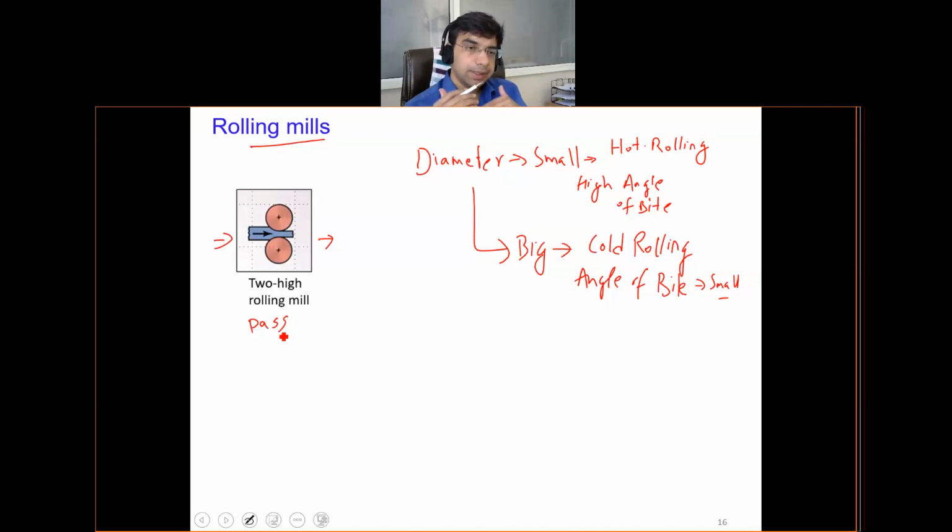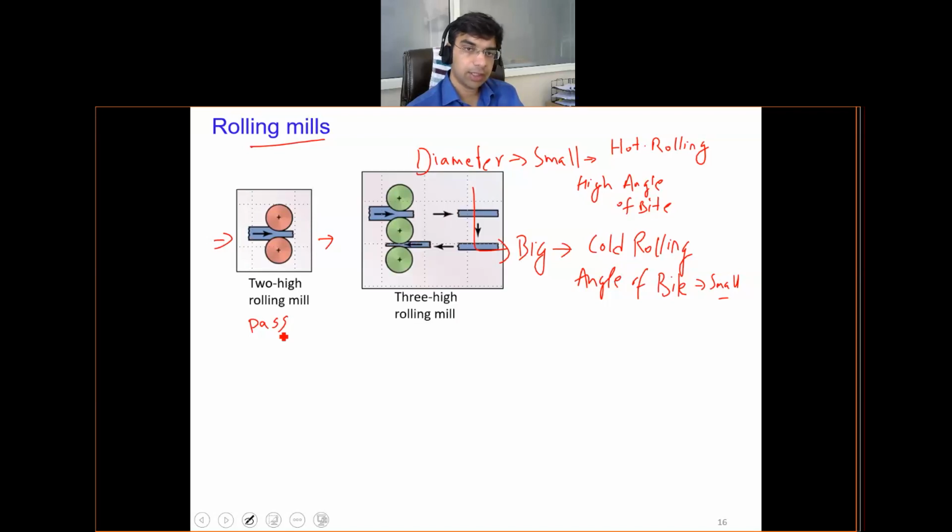It means it is either a one-pass process or a multi-pass process, depending on the final thickness of the workpiece which is required. So there may be multi-pass rolling mills. I will show the arrangement, or the number of passes can be selected accordingly.